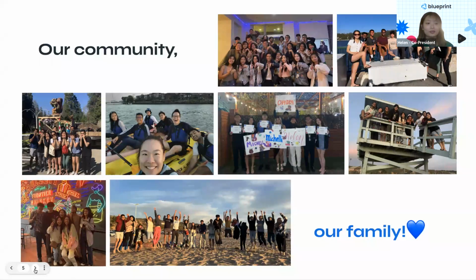Hi, I'm Helen. I guess I'm the other co-president, and I used to be a developer. And this slide shows a bunch of our key pictures. So here at Blueprint, we really care about the team experiences we create, not just the work that we're doing. We're really invested in making sure we have socials, both for the entire club and in your project teams. And we have stuff like retreats, dinners together, banquets, stuff like that. Look at all of these cute pictures of us from previous events. Like, we're going kayaking, we're at banquet. We are so cute and we are so fun. And if you join us, you can be in pictures like these too. Could I have the next slide, please?